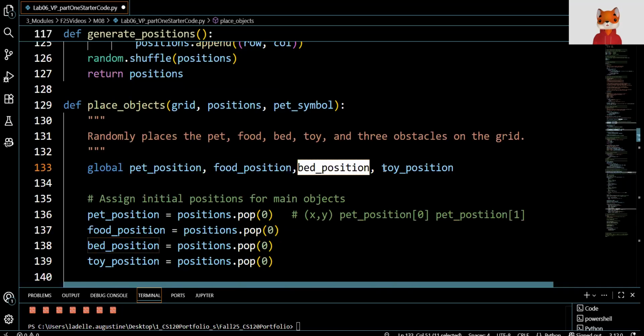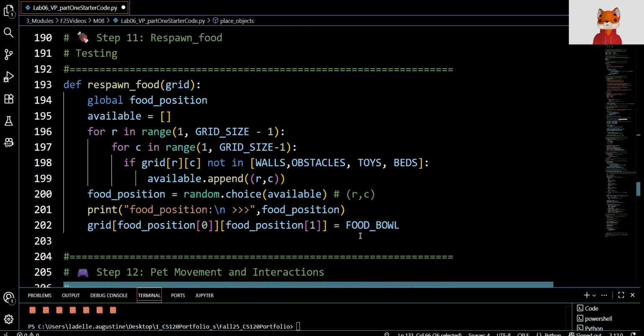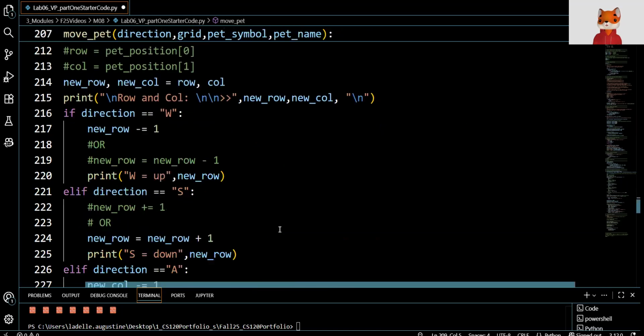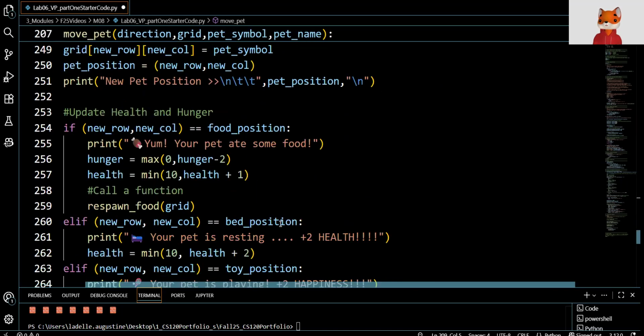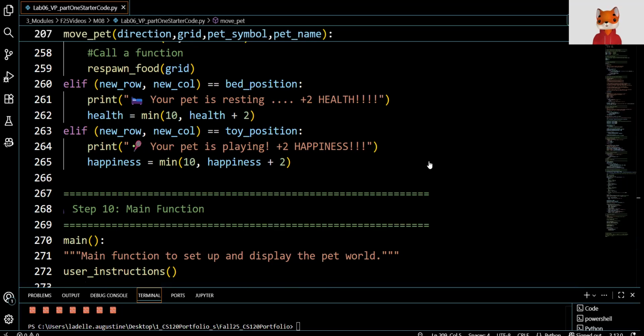So we're adding or modifying this to include that. So now when we go down to our move pet, we do see bed position and toy position. And we do see that we can use that now. Okay. So I'm going to save this